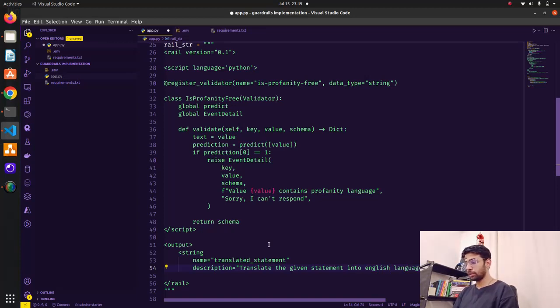Okay, this is what my description is, and then I have a format. So let's have a format as well, and my format is nothing but is profanity free. You can see this is where I have defined on top here the name, the register validator. So is profanity free, and inside this format I'm going to use on fail.